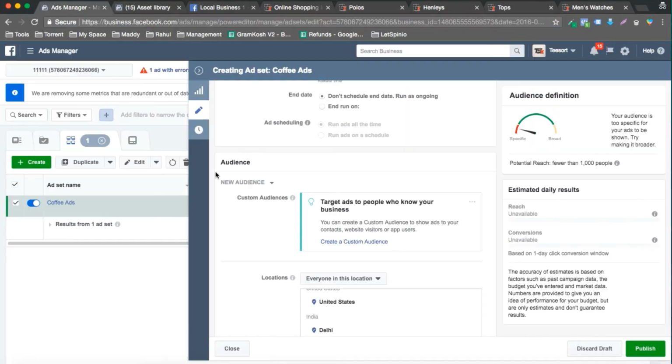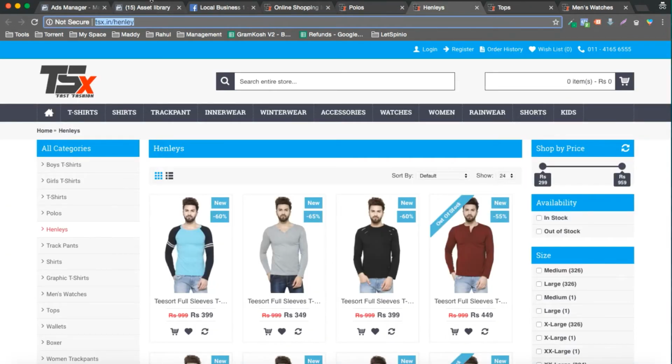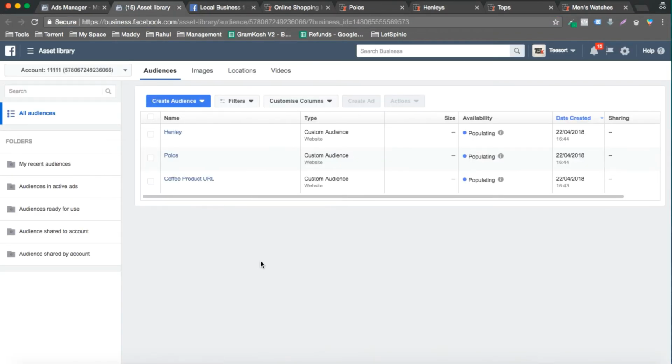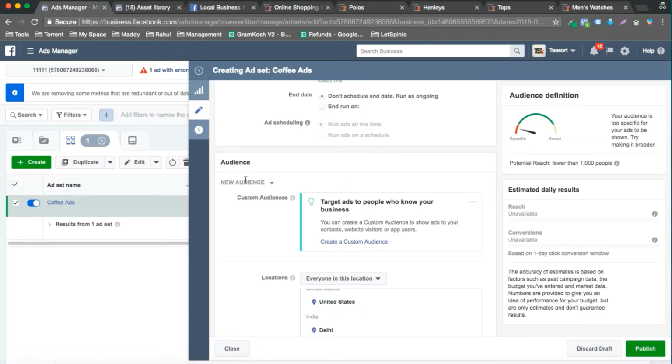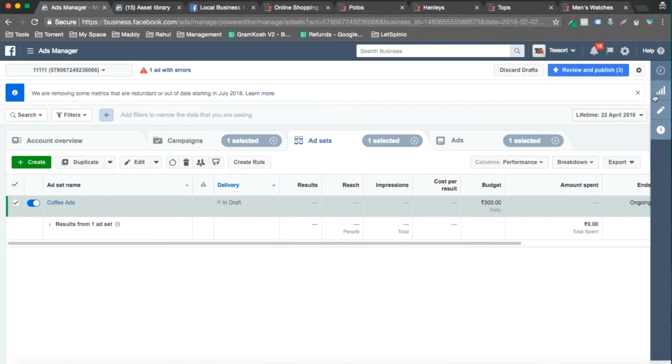inside the advertisement that I will be creating, what I will be doing is I will be selecting the audience which is the Henley audience, right? I will be selecting the audience which is the Henley audience. So I would want to show the ad to all the Henley audience, and I will be excluding all the people who have visited the thank you page, right? I will be excluding all the people who have visited the thank you page.